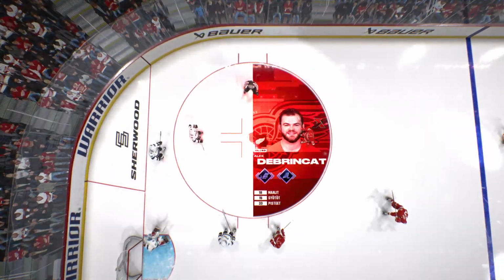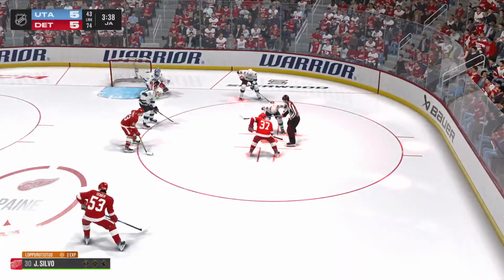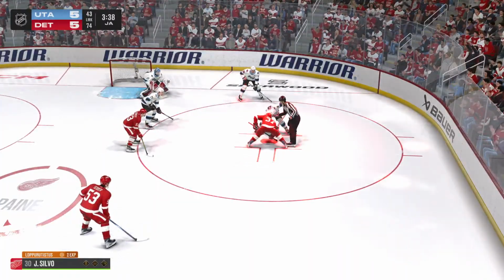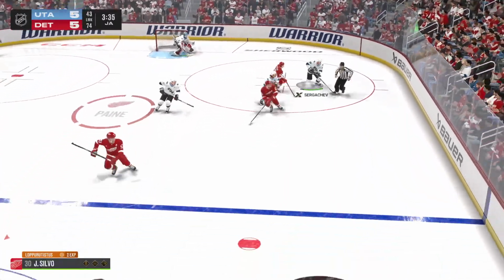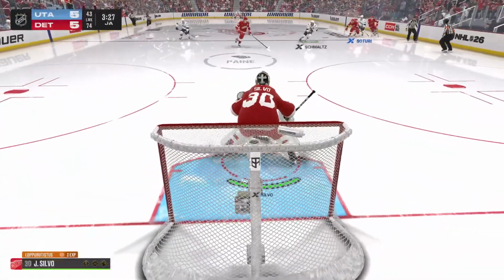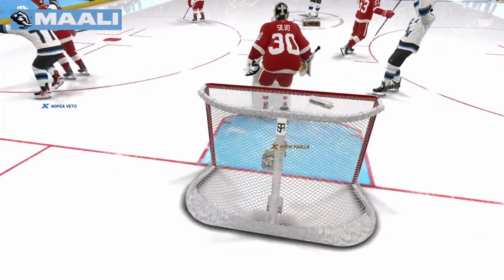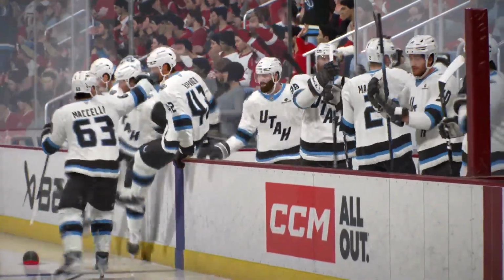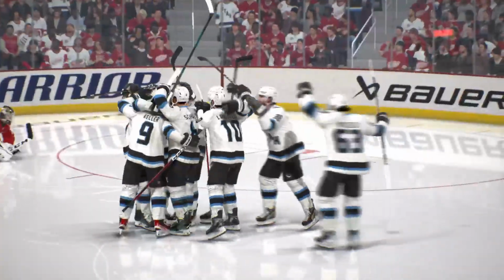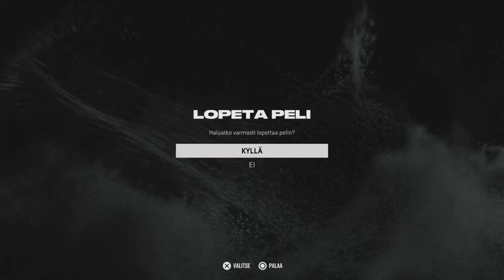This is a face-off they'll definitely want to win here inside the offensive zone. Schmaltz wins the draw inside his defensive zone. And they send it right back to him. Scores! What an OT winner! A tenacious